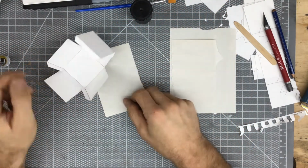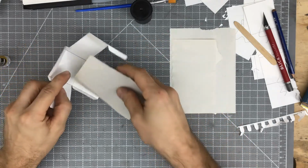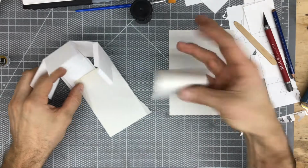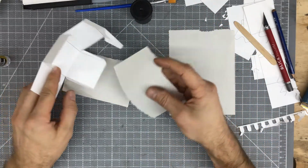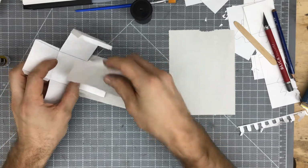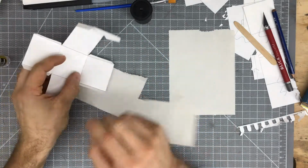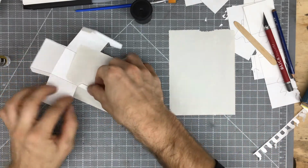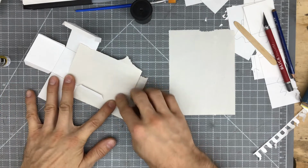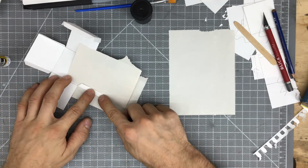What I'm going to do in order to make this technique work is use the cut paper, the overglue catch, as a way to prevent glue from getting anywhere that I don't want it. So I'm going to use one piece of paper on the table and the other piece of paper on the form itself, and I'll fold the glue tab down over that paper, and what it does is it exposes the glue tab and only the